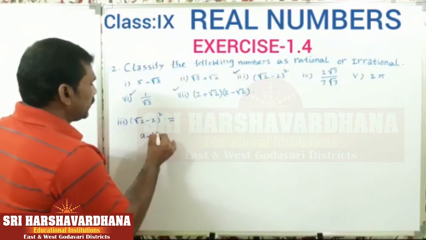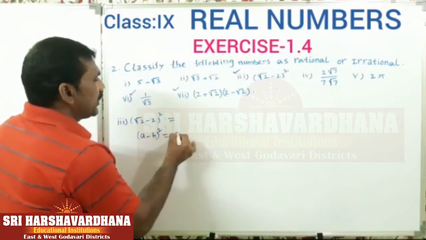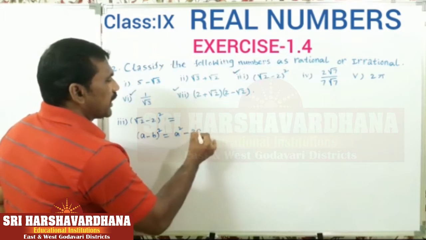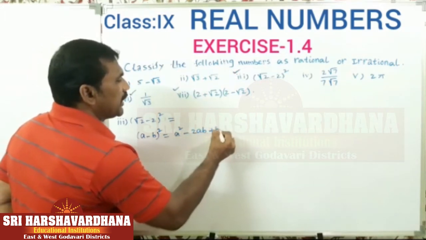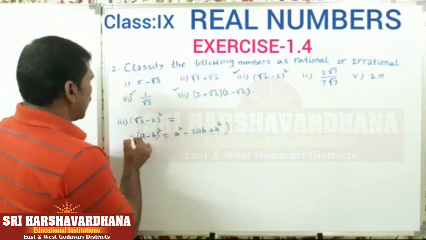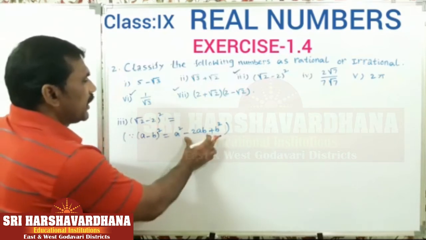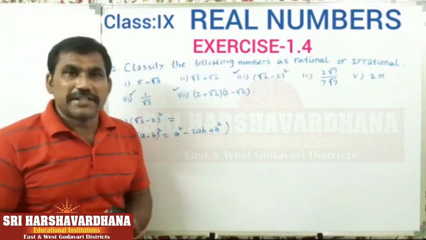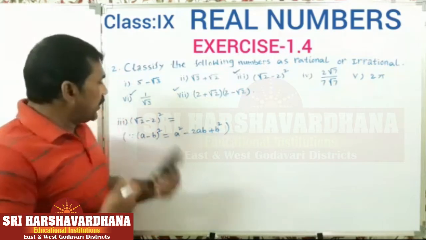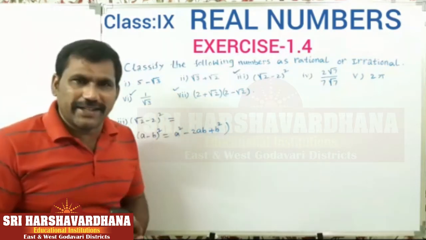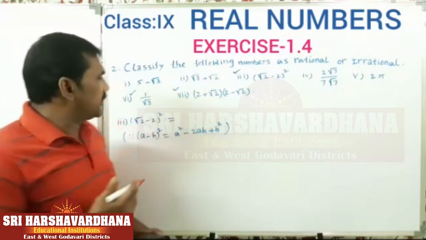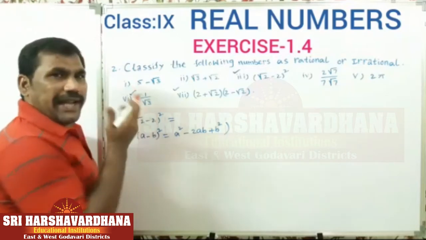What is the formula for finding a minus b whole square, children? A square minus 2ab plus b square. This is the formula for finding a minus b whole square. By using this algebraic identity, we can expand the above expression as